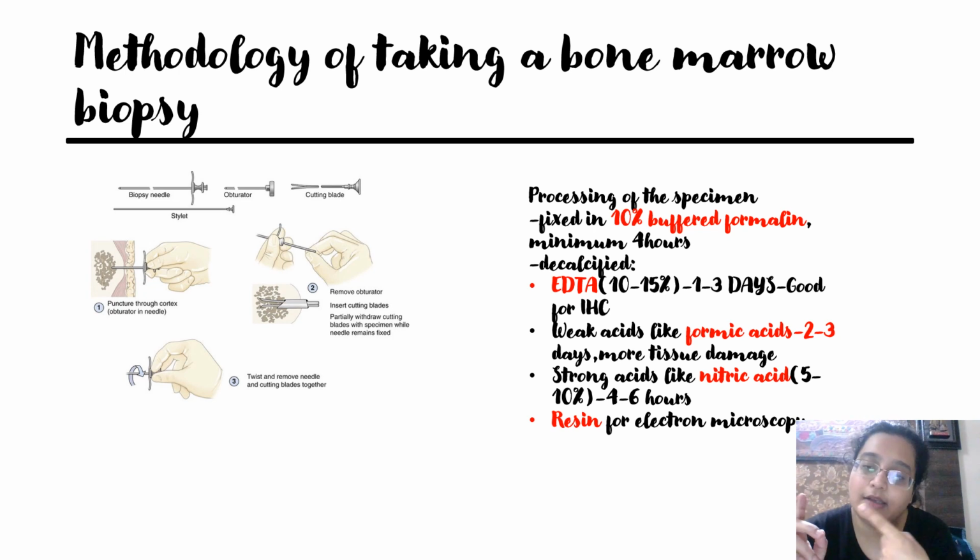You can do it by the electrolysis method. You can do it by chemicals. There are chelating agents available. There are multiple other methods by which you can do the decalcification of the bone marrow biopsy. Now, for that and how to, I'm just giving a pointer for the PGs. It is a very important question in the Viva: how to decalcify the bone, what are the important methods, and how do you test that the piece has been decalcified.